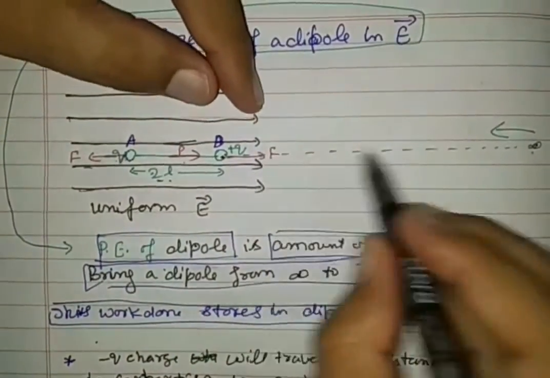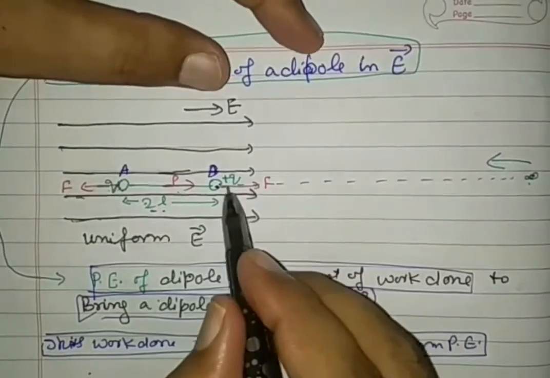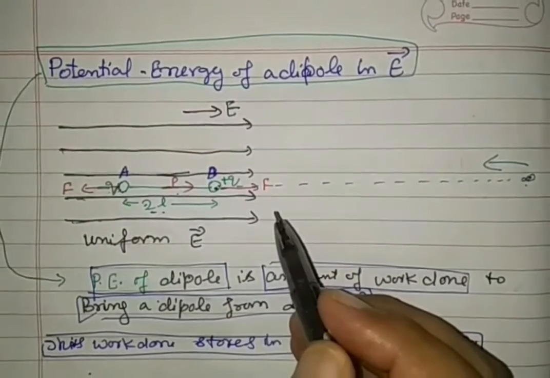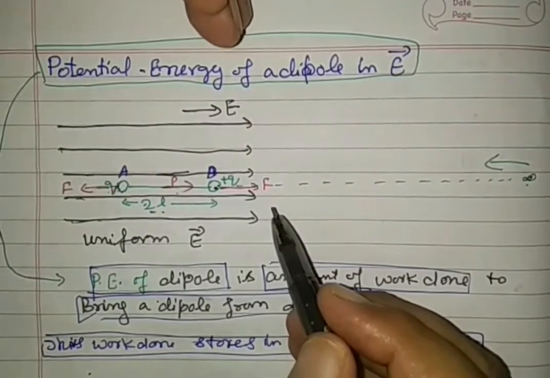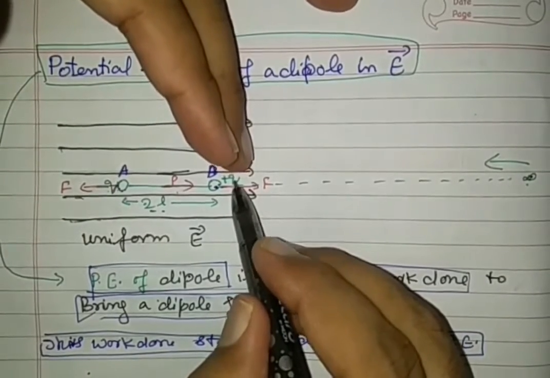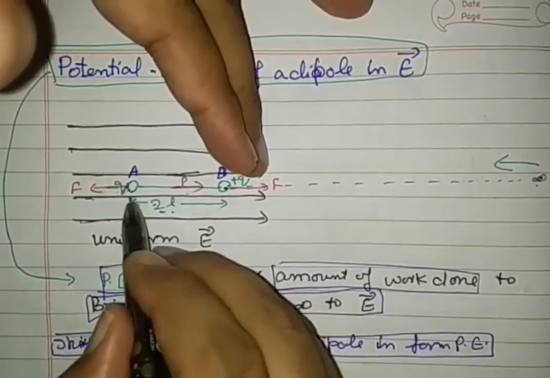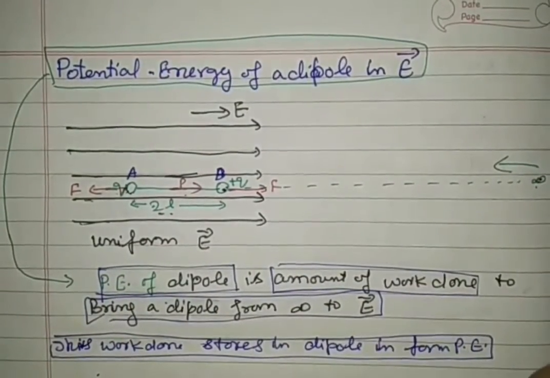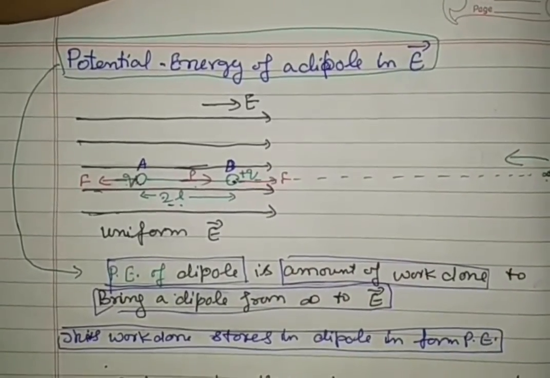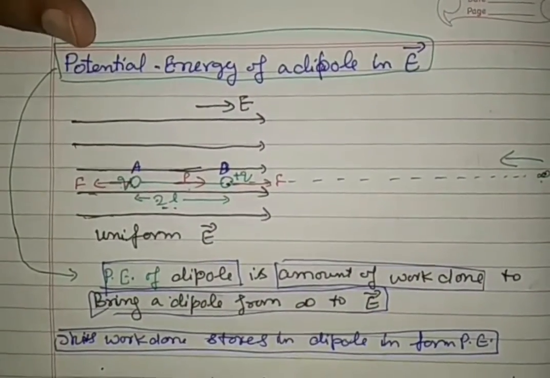When you are bringing it from here to here, in the electric field, the negative charge has to travel. So we are thinking in this way that the positive charge is at the end of the electric field. So no work needs to be done to bring the plus q charge. The work done is only to bring the minus q charge from infinity, a 2L distance. The work will be done only within the electric field, and the total area is considered infinite. The calculations are made in such a way. In that condition, work done